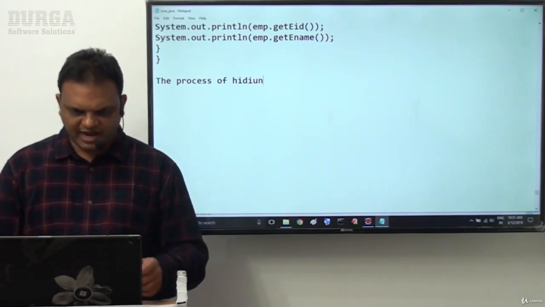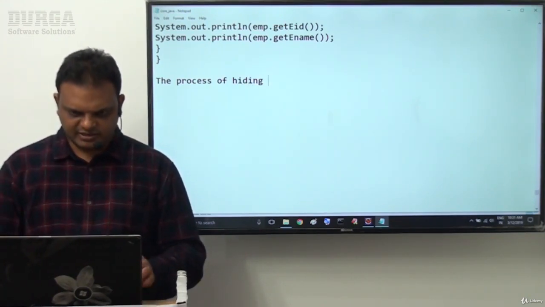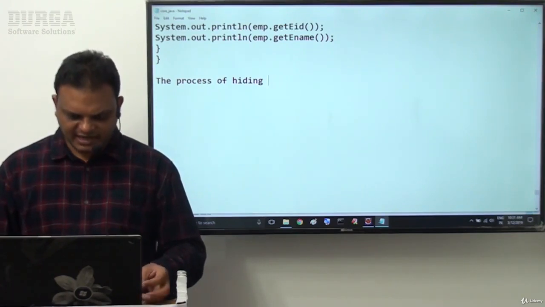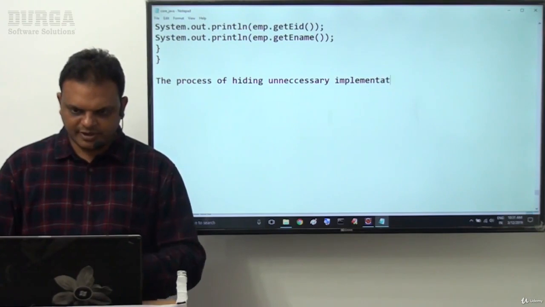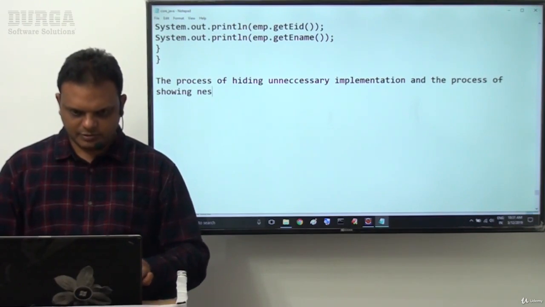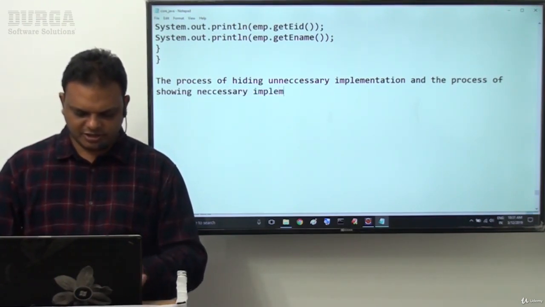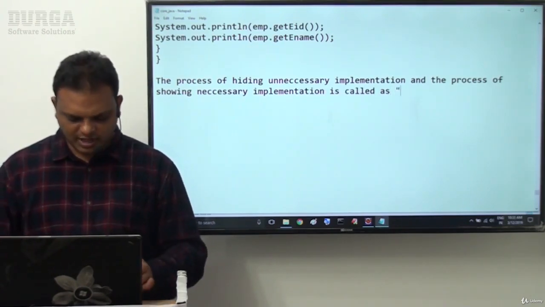The process of hiding unnecessary implementation and the process of showing necessary implementation is called abstraction.